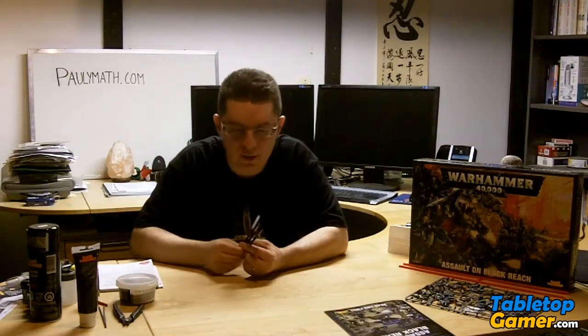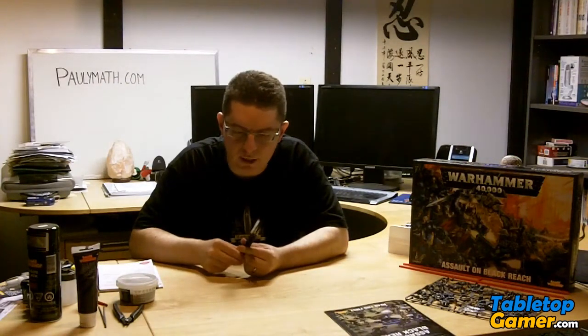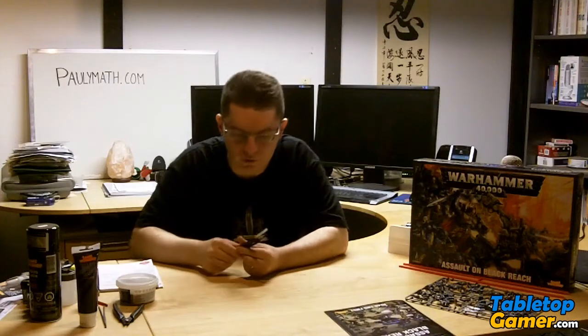The next thing we're going to talk about is paintbrushes. There are different ways to go with this. The first thing that you might want to pick up if you haven't got any brushes yet is basically just the basic starter set of brushes, which comes with 3 brushes: a fine tip one, a medium tip, and I think there's one for dry brushing. So you can either pick them up in a set of 3, which is your basic set, or you can get the complete set, which comes with 10 different brushes. If there's one thing I would recommend,